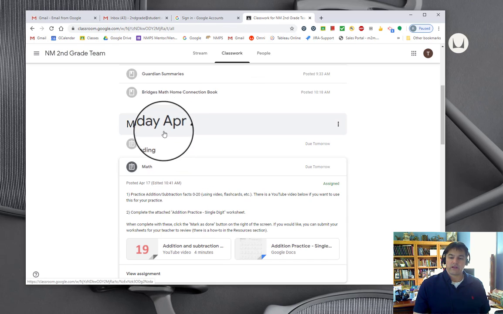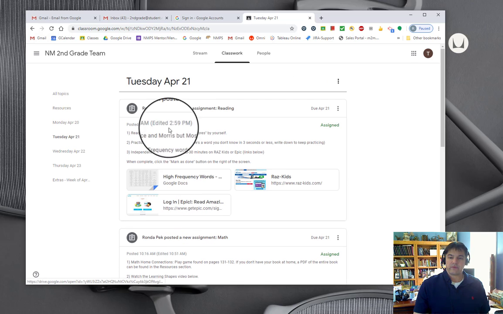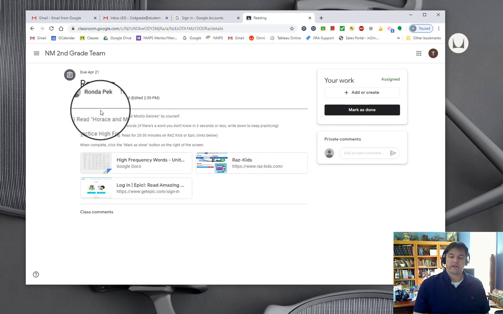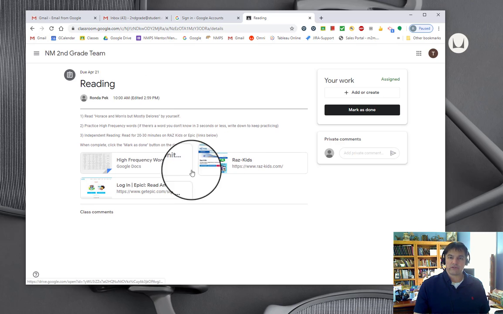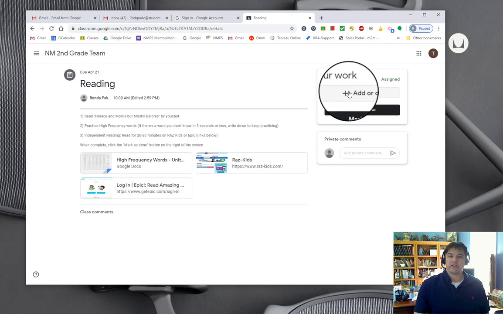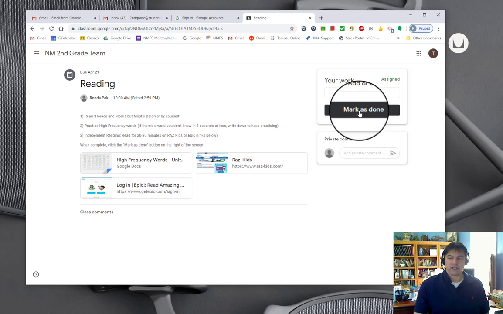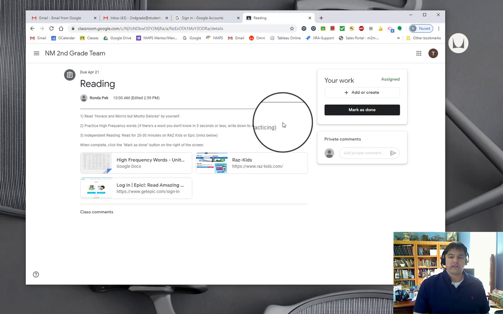So again, click on the day, click on the assignment, do everything that's in there to work on, and watch any of the videos or fill out the worksheet, and when you're done, you can add your work if you want to, and if not, just click Mark as Done. And either way, Mark as Done should be the last thing that you do. So that's a quick tutorial on working with